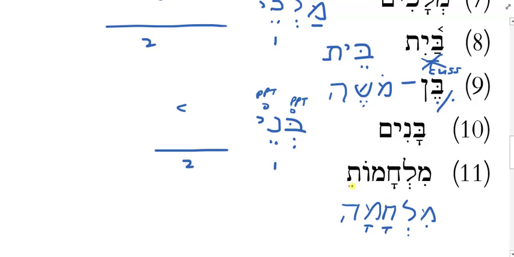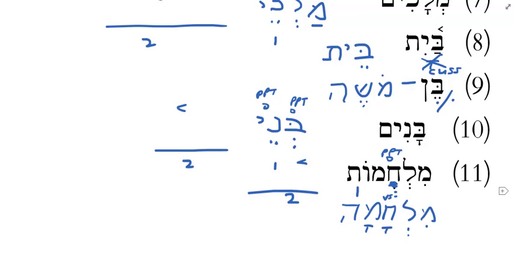So the ot stays ot, but will I have stress changes when I put it in the construct state? Yes. So this is going to become thing 1. Something else will be thing 2. The stress will be on thing 2. I can't change this. And this is open and propertonic, though. What's going to happen to it? It's going to reduce, isn't it? Okay, so I'm just going to change this to a good old vocal shva. Is that okay? Is there anything wrong with putting a vocal shva under that chet?